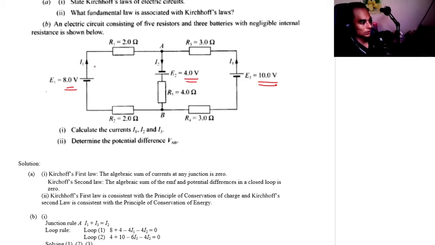On this side we can see that it's positive towards up, and the 8 volt is positive towards up over here. This is positive going down, and this is positive going up. So the first loop goes in this way, and the second loop goes in this way. Okay, so